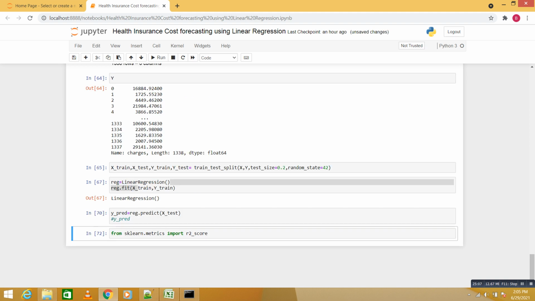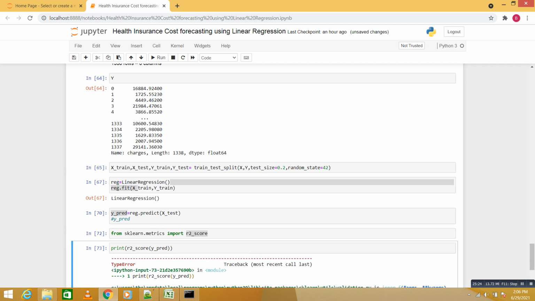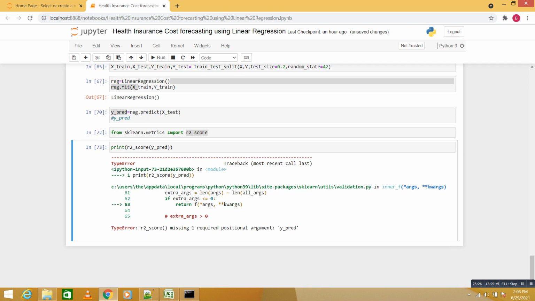Print r square of y test and y pred. Missing required argument, okay, sorry, y test. We need to pass the y test data, which is already available in our test set, and we compare it with the predicted data.